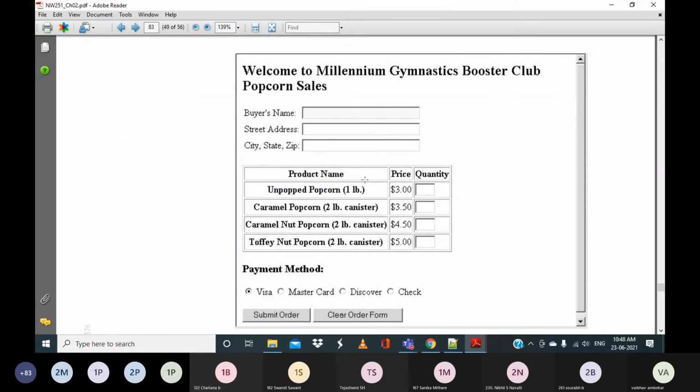is it a text box, or a list, or a table? It is a table, sir. Yes, very good. So what they have done is they have created a table first. In that, how many rows have they created? 1, 2, 3, 4, 5. 5 rows they have created, with 3 columns.